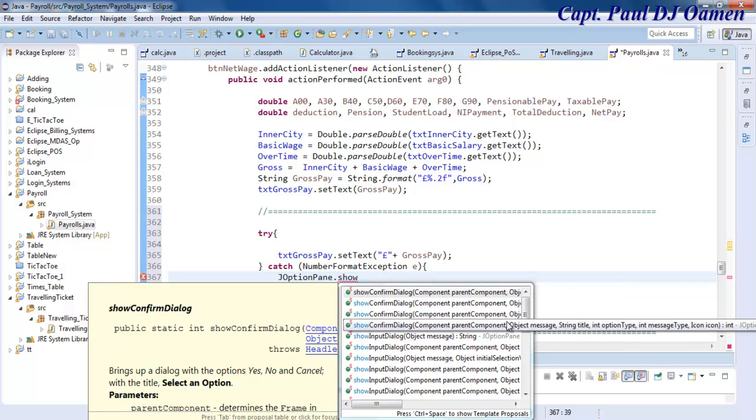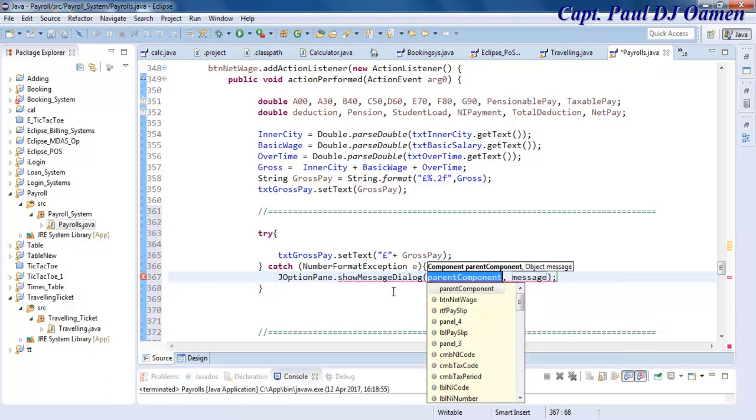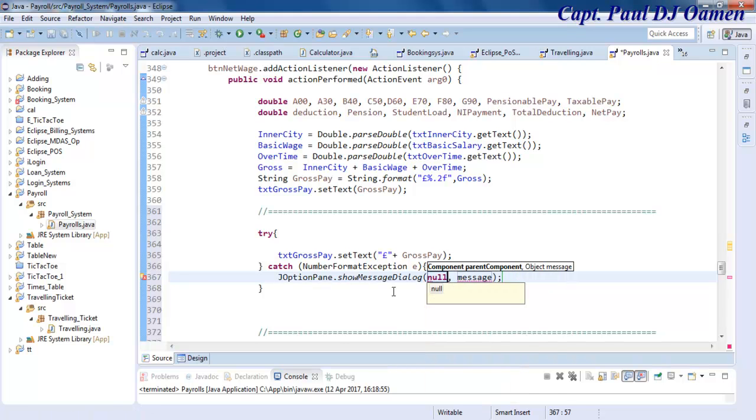This message, a message dialog. And what message do I want? Let me say, enter a valid number. Let's copy that, enter a valid number, and here